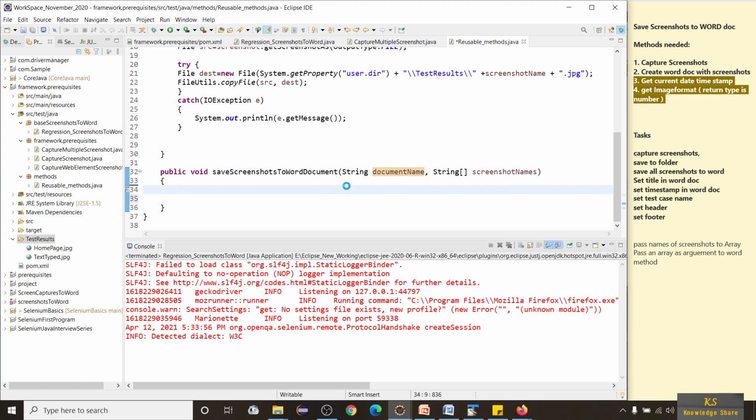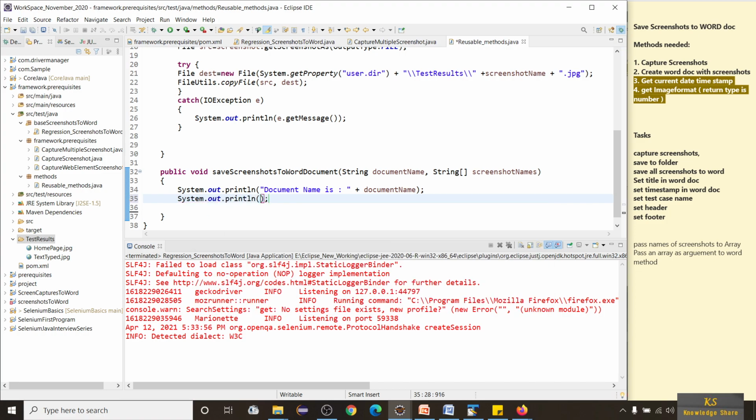Now we can obviously print this. System.out.println document name is. And if I want to print image file names, I can use that as well.